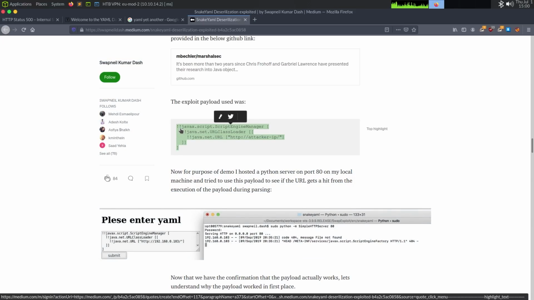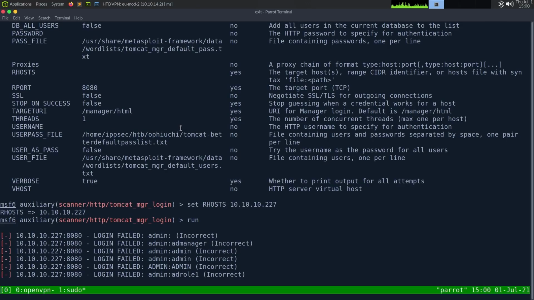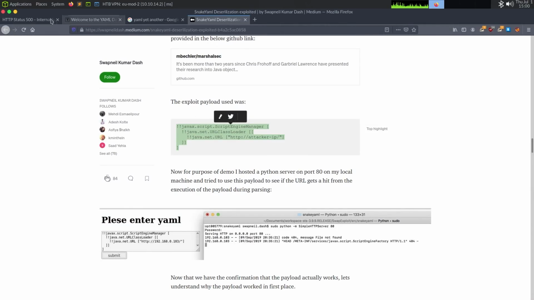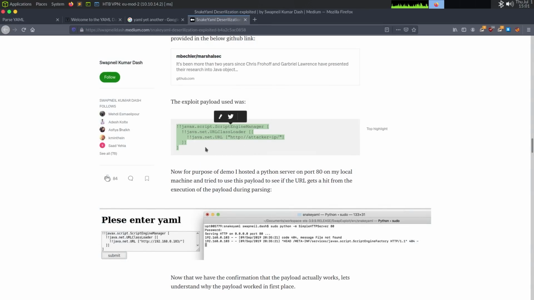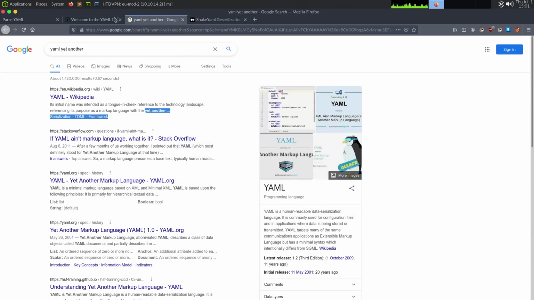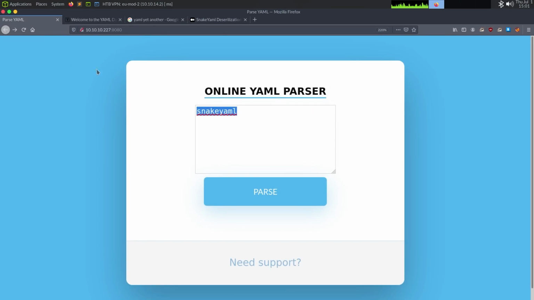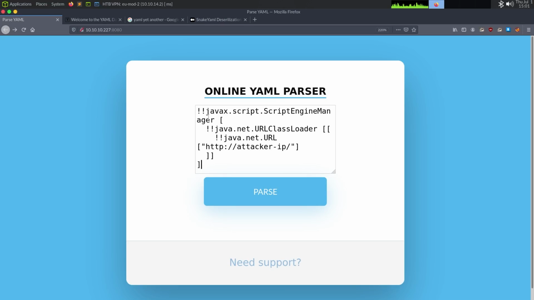So let's see, I think I copied that. Is that on my clipboard now? Let's go back to this. Nope. Let's see. Sometimes copying off websites is hard. I don't know why people design them that way. But there we go. So in SnakeYAML, anytime you do this exclamation, I guess you gain access to this